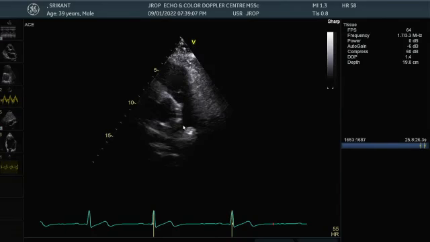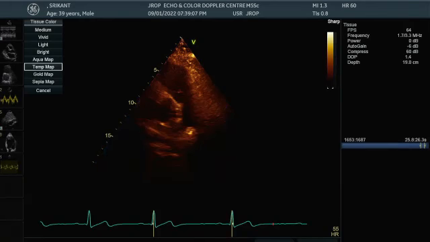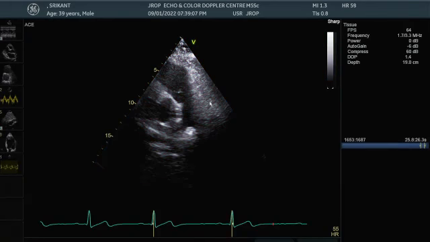This is the pulmonic valve, with the pulmonary artery bifurcating to right and left. So we can see one hinge point of the pulmonic valve over here and the second over here. I'm going to change the colors. This is better seen in this picture. So this is one hinge point and this is the second hinge point. I'm going to draw a line between the first hinge point and the second hinge point. This is the RVOT diameter.